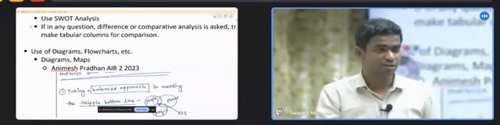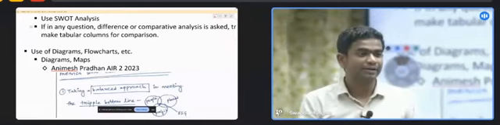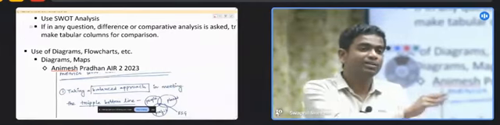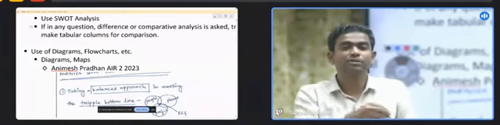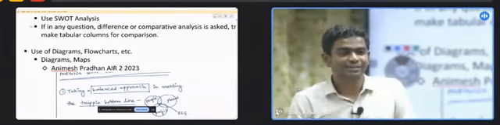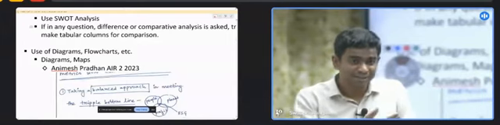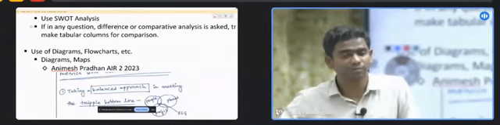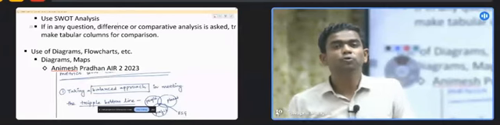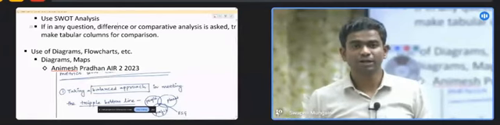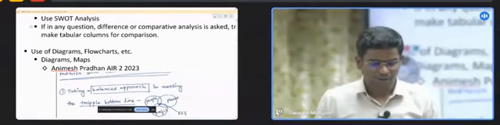Strengths: what are India's strengths? Weaknesses you can write. Then opportunities: now China's economy is going down, so there is a huge opportunity for India to catch that. Then threats: even though China's economy is going down, it might be temporary. That is one of the threats. There might be other threats as well. So list it down. Try to use innovation in such structures is what I'm trying to convey. I hope you are getting the point and how you can innovate accordingly. Okay?